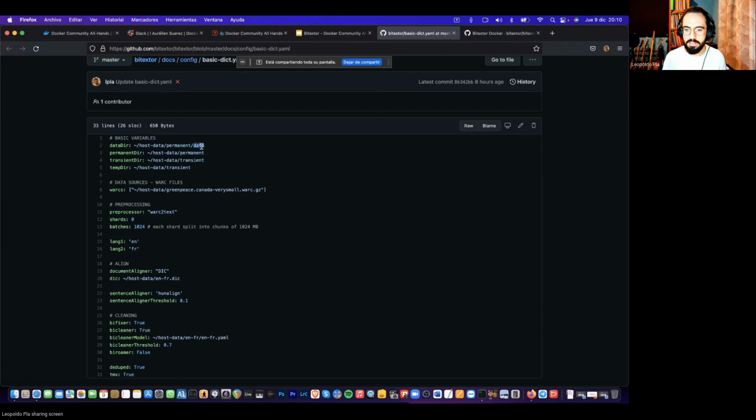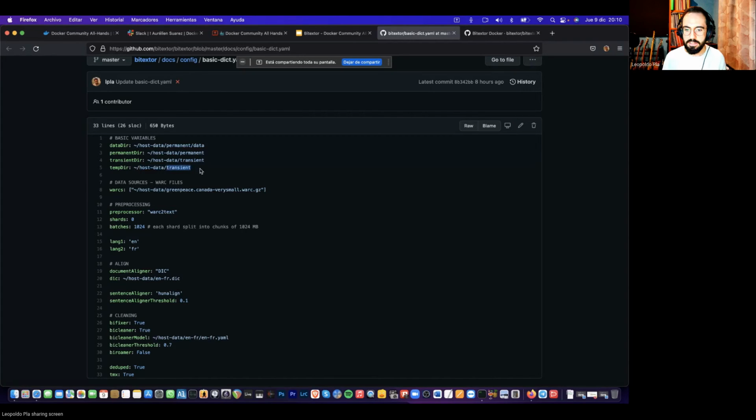This is the preprocessing data, the output data, the intermediate data that we call transient because that's kind of temporary, but still is needed for Snakemake, and the temporary dir, which is the actual temp dir, but we are going to use the volume folder,